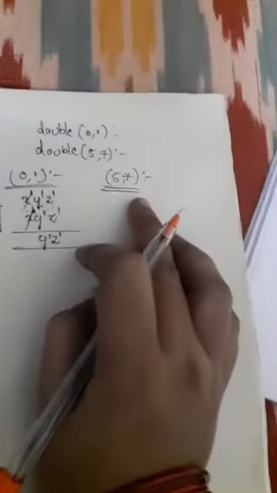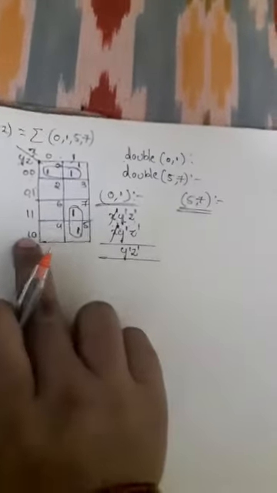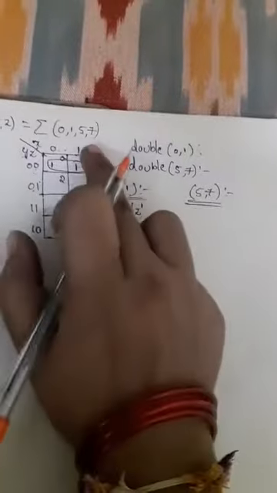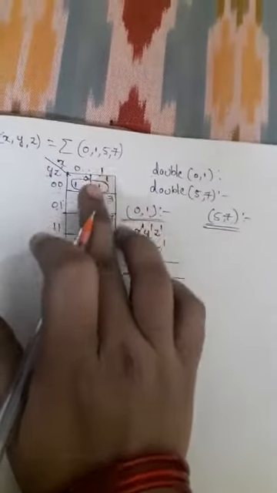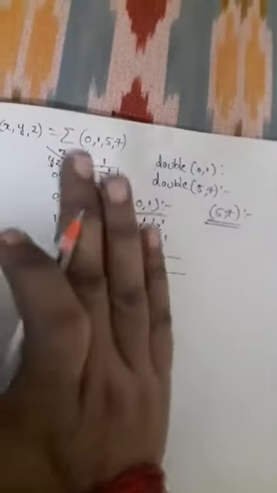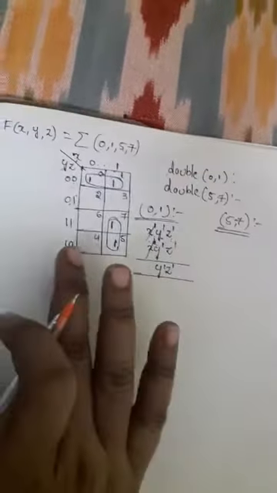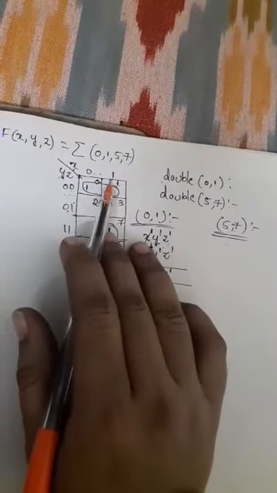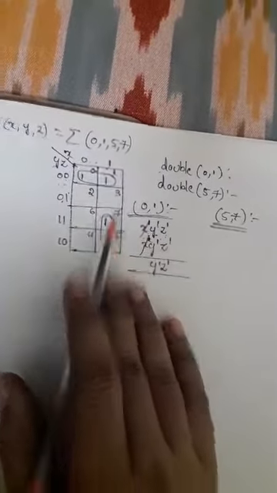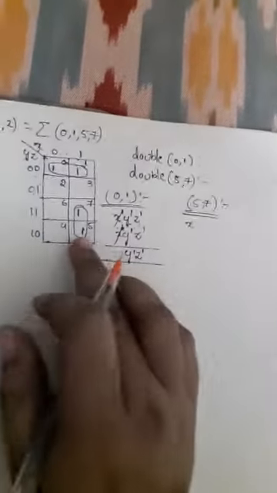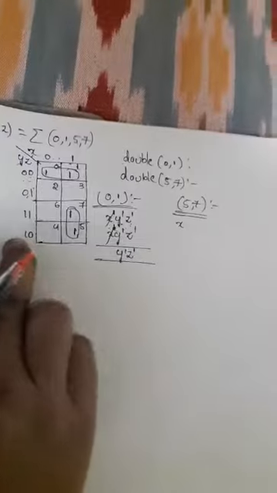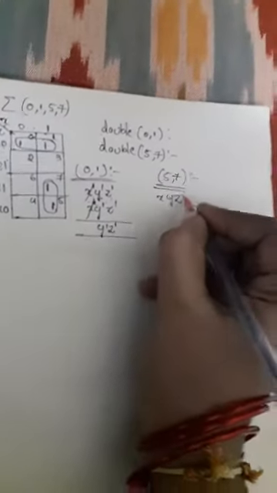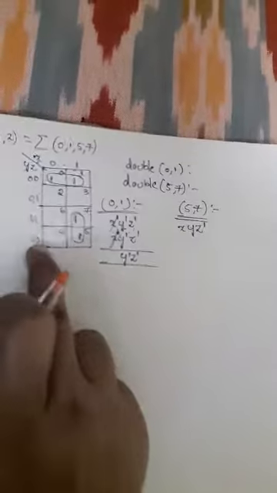Now finding the prime implicant result for this double, 5 consists of 1 0 1. So 1 0 1 means x will be 1. Just check which one is x and which cells consist of yz. Just observe the combinations for these variables. Here first we consider x. For 5, x is 1, so I can take it as normal. The remaining yz consists of 1 0, which means y is normal and z is complement. So x, y, z complement.